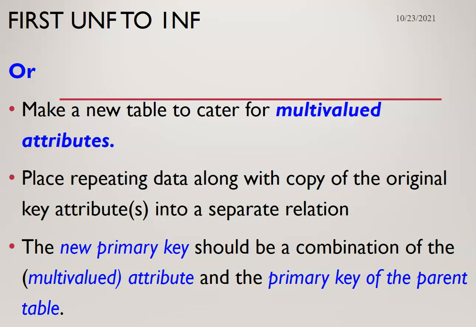So when you create a separate relation for that multivalued attribute, your resultant relations are going to be two. The table for the multivalued attribute, which is now an independent table, and then where we got that multivalued attribute from. Remember that the multivalued attribute takes a copy of the primary key of the previous table, and then it forms part of the primary key of the new table to have what you call a composite